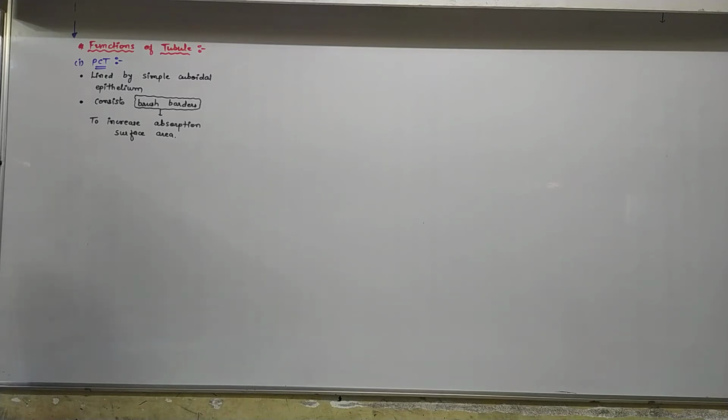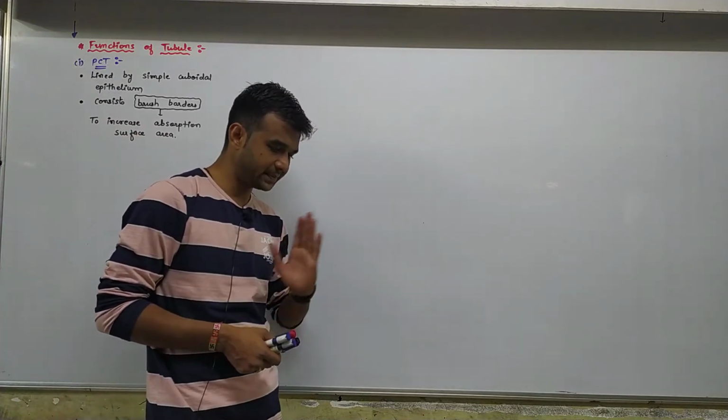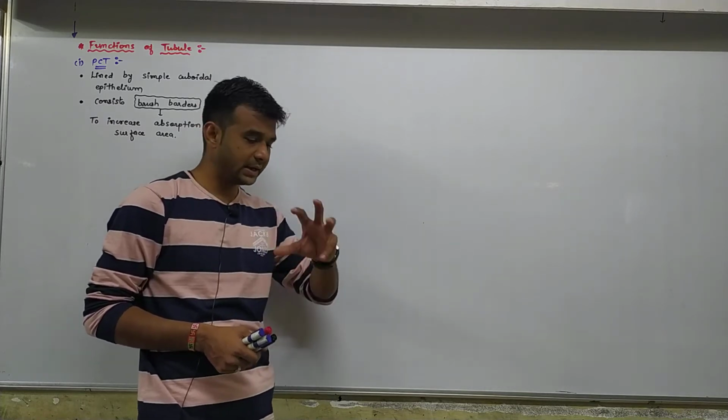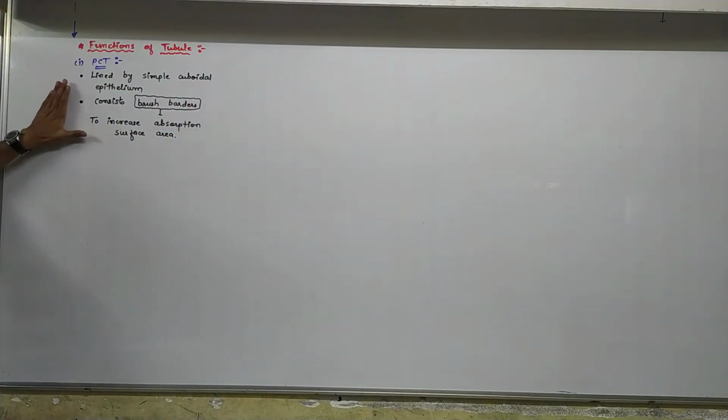You know that a major portion of the filtrate now enters the proximal convoluted tubule for selective reabsorption. Selective reabsorption prevents malnutrition, as required components of the body can be selectively reabsorbed in PCT. So for selective reabsorption the brush borders are there, which increase the surface area for absorption.